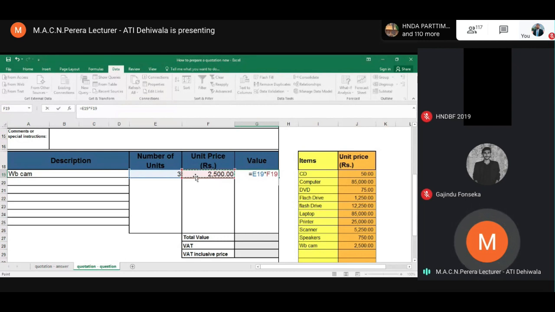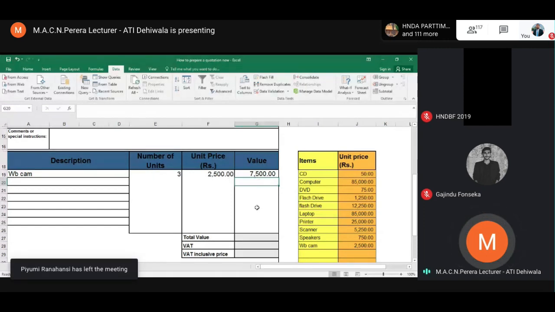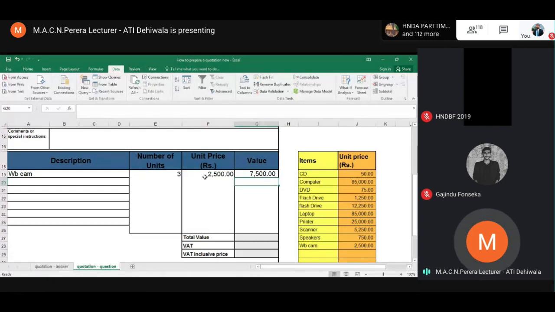Click enter. Then it comes 7,500, right? Then likewise, now we have put the formula by using lookup function to extract the data from a